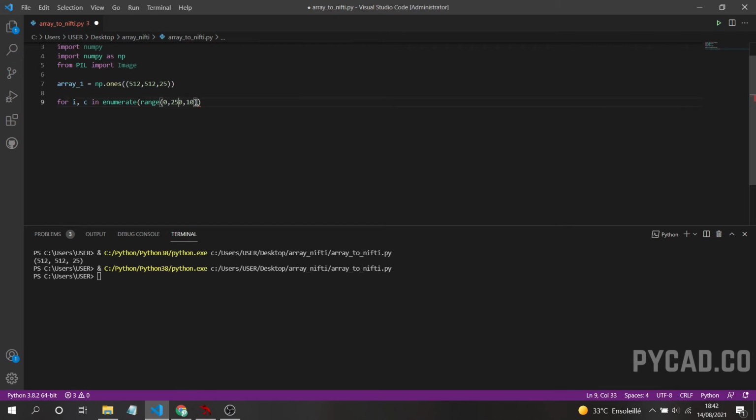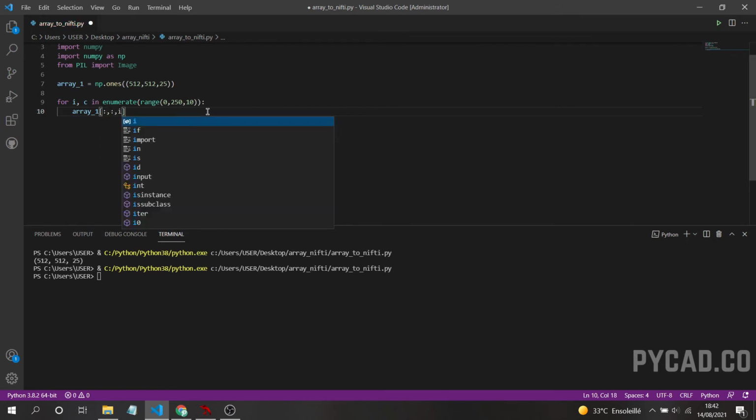Okay, now what we will do is change the values of this array. So array, then all the width, all the height, then I, which will be from 0 to 54, because we have 55 values, so from 0 to 54. Then we will use it to change the values of the same slice. So equal